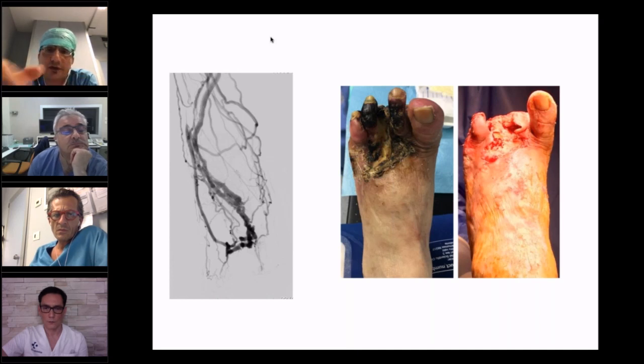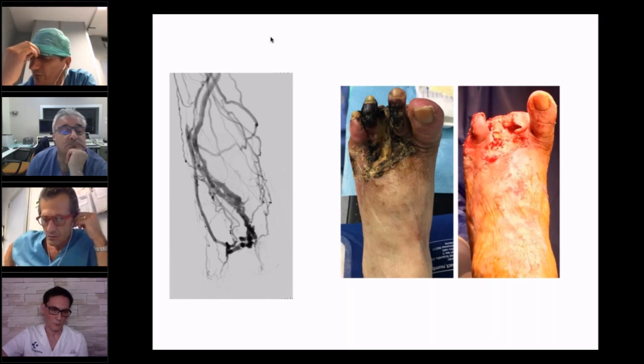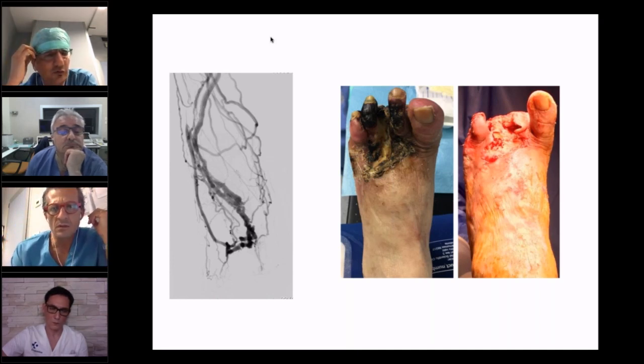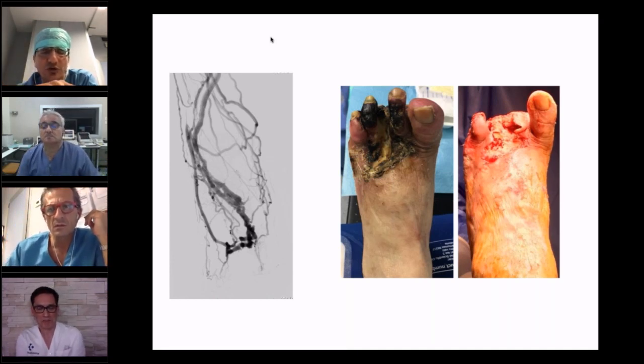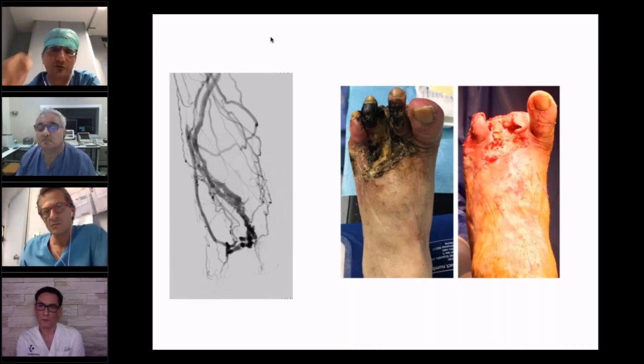I try to remove the necrotic areas, and I try to preserve the vessels that the vascular surgeon, in this case Bruno Migliara, with a lot of effort has restored to the foot. And in this particular field now, we are getting more and more confident with the indocyanine infusion that can help us in choosing which part of the foot has to be removed and which part of the foot we can preserve.